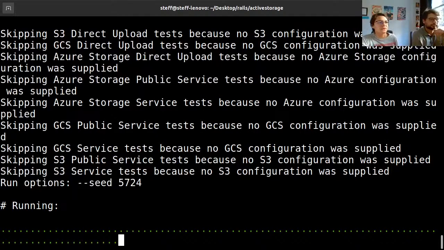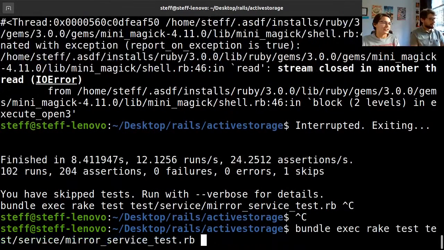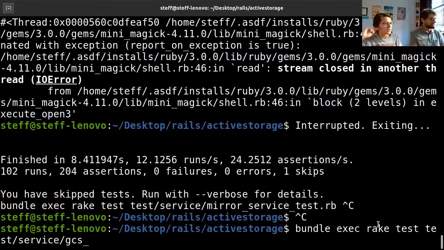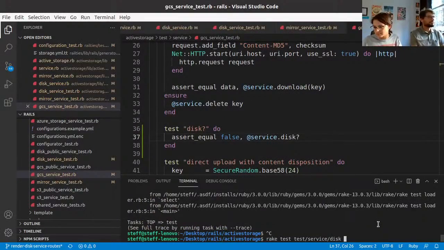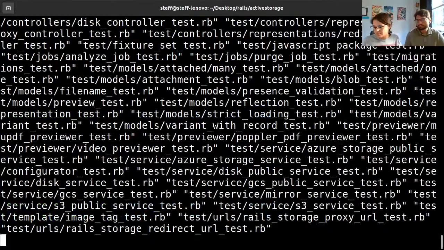You're running the mirror again. Oh yeah, sorry. So this is the GCP thing. GCS. What is GCS? Oh, that's probably like a Google thing. Like an S3 for Google or whatever. Google